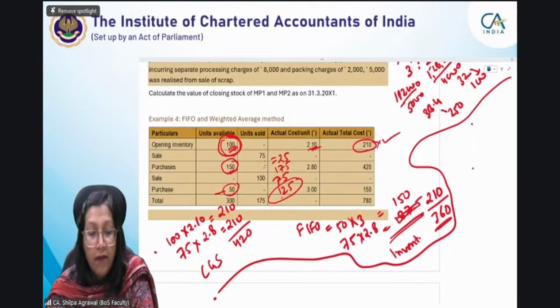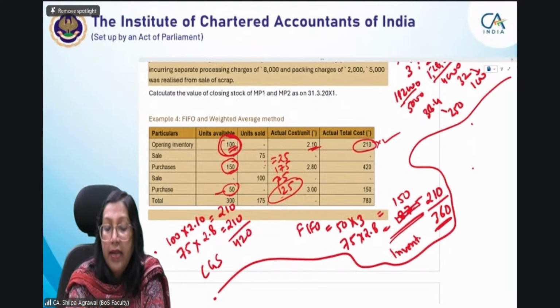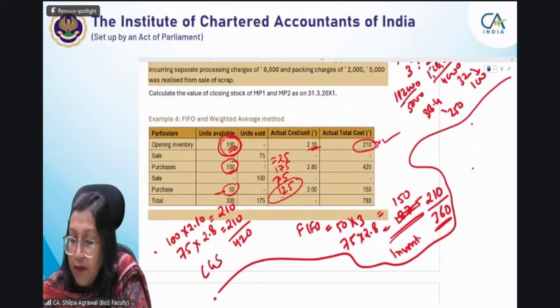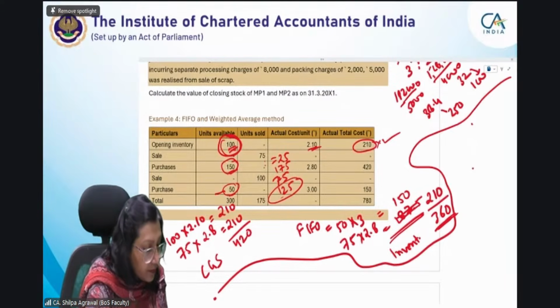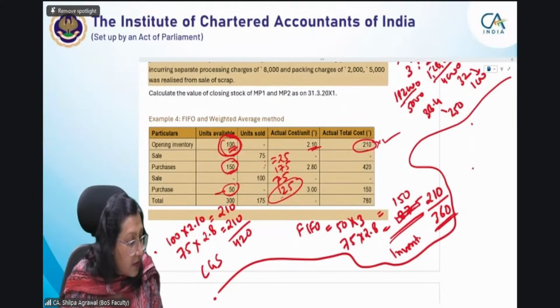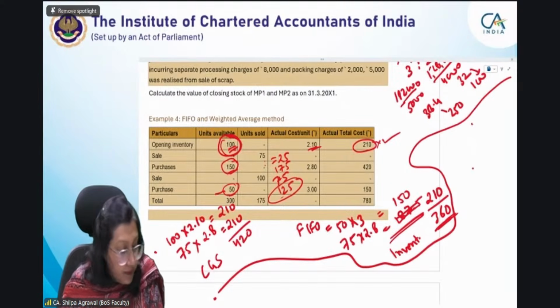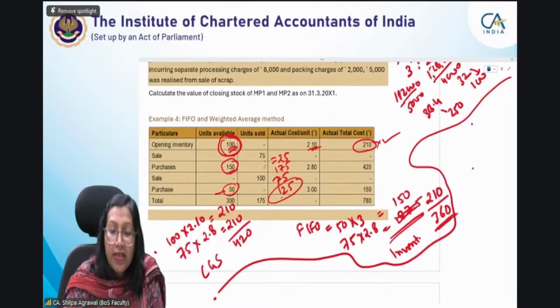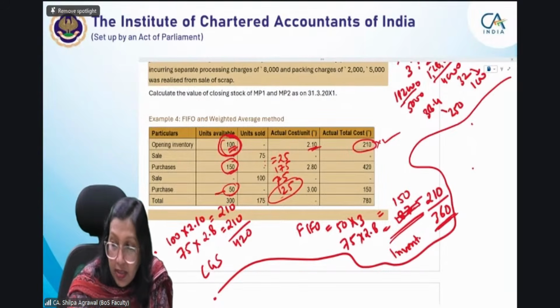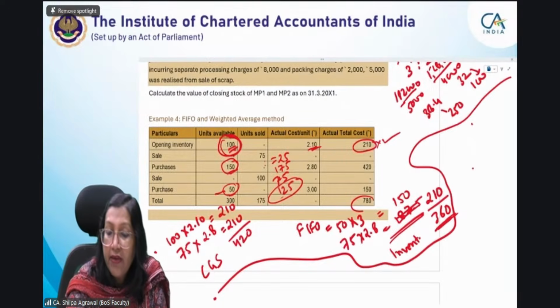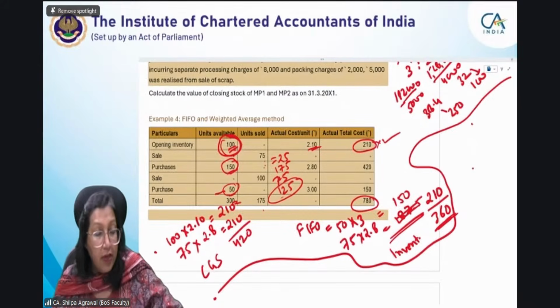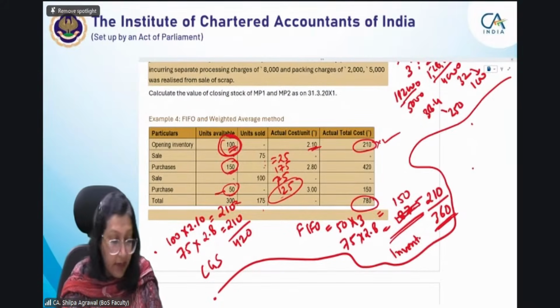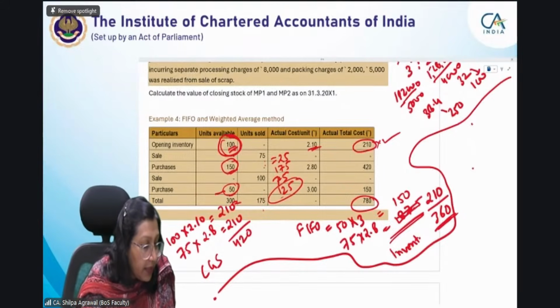For weighted average method, you are aware that weighted average में आपके पास 300, 175 गई थी, तो इसकी टोटल वैल्यू आपको आ गई, तो पर यूनिट वैल्यू आपकी चेंज हो जाएगी। वेटेड एवरेज में कॉस्ट आपका सेम रहेगा, 75 यूनिट्स कॉस्ट ऑफ गुड्स सोल्ड, 75 यूनिट्स ऑफ 2.1 एंड 100 यूनिट्स आपकी 175 के हिसाब से चल रही। वेटेड एवरेज में आप क्या कर रहे हैं? दो तरीके हैं, या फिर आप बिल्कुल सेपरेट ना करके पूरी 780 को डिवाइड कर दें आप 300 से, और फिर 175 के हिसाब से आप निकाल लीजिए। There are two ways of doing it, but because we are able to identify separate items, so we'll be separately doing it for every item.